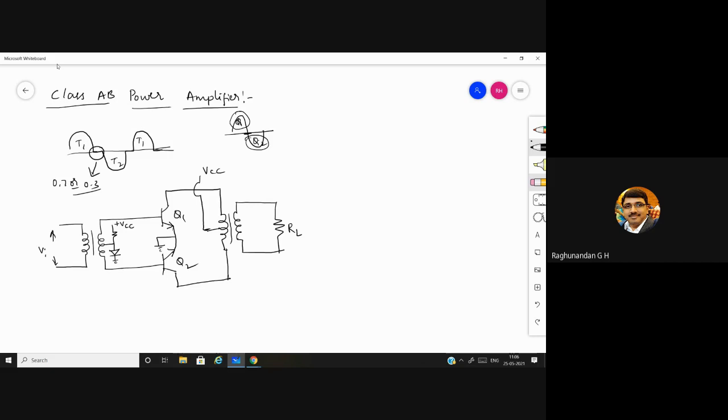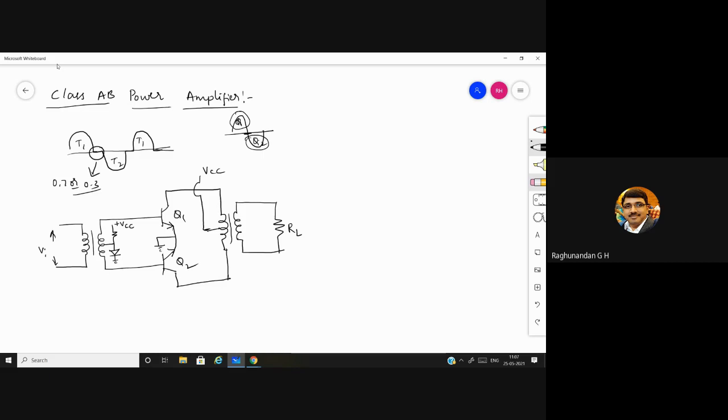So to overcome this problem, we are going to use this kind of circuit. Here we are going to eliminate the problem by choosing a condition where, when this transistor Q1 is working, let us assume Q1 is in the on state and Q2 is in the off state. So we are going to